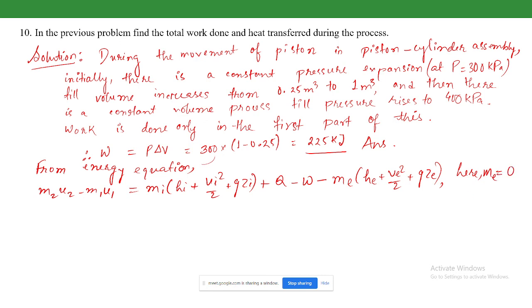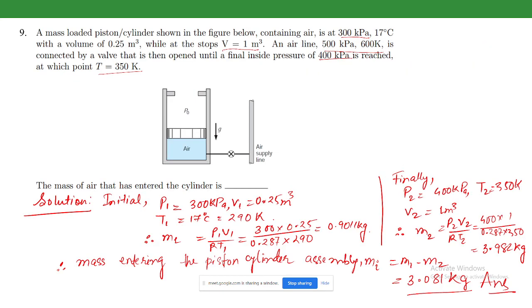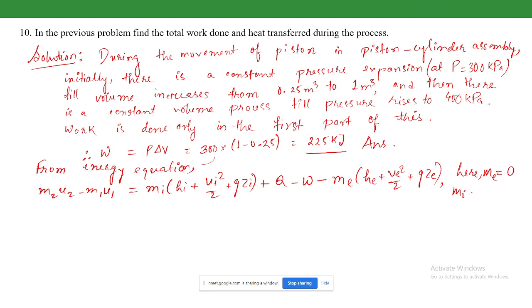Also, this mass that is entering, mi, we have already found, will be equal to m2 minus m1. And if we neglect the changes in kinetic energy and potential energy,